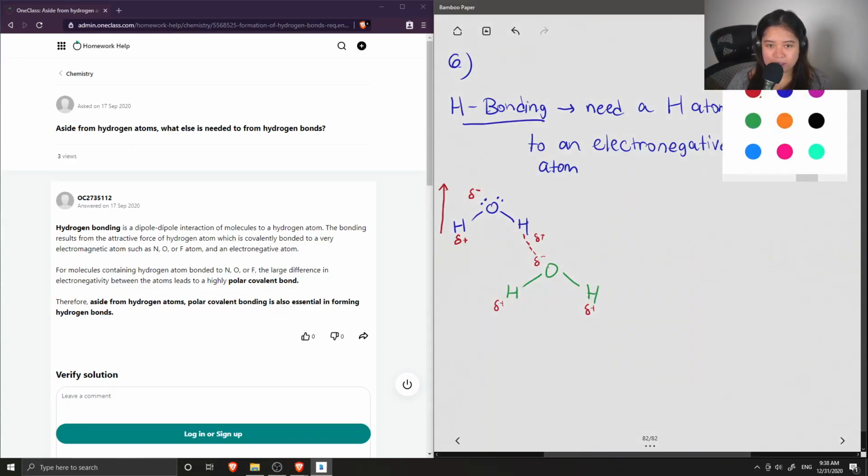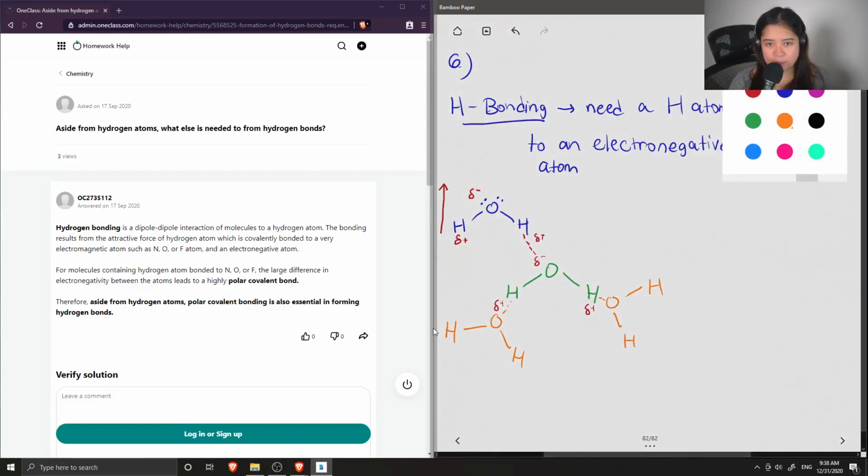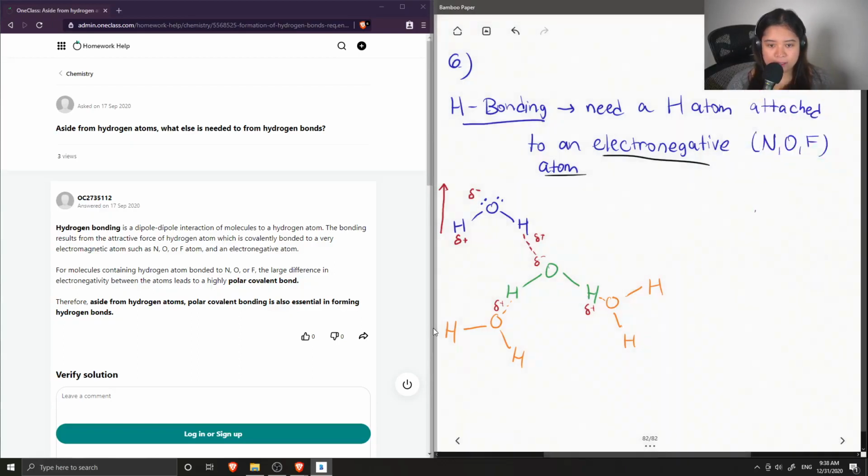So then you can kind of show how all of these water molecules can be kept together because of this thing called hydrogen bonding. Yeah, so you can see that it is this intermolecular force, and that is why we need both hydrogen and also this electronegative atom, because if we had, let's say,